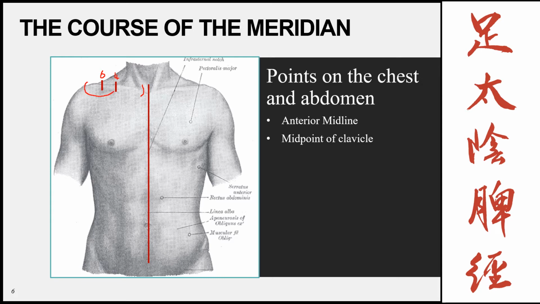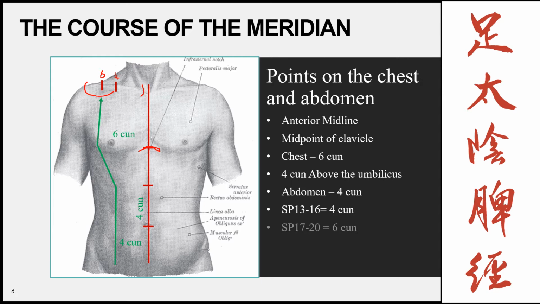Next, then we're going to find the umbilicus once again, and we're going to find our sternocostal angle up here. We're going to divide this in half to get 4 tsün superior to the umbilicus. And then what we know is the meridian starts on the lower abdomen, 4 tsün lateral to the umbilicus over here. And then at the 4 tsün above the umbilicus mark, it's going to start moving laterally to the 5th intercostal space over here. And then from the 5th intercostal space, it's going to run 6 tsün lateral to